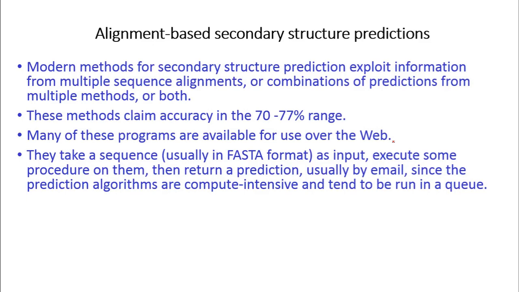Your sequence might be queued in that pipeline, and whenever the prediction is done, they will notify you by email that your prediction results are ready, and this is how the secondary structures are predicted in the given protein sequence. Okay,